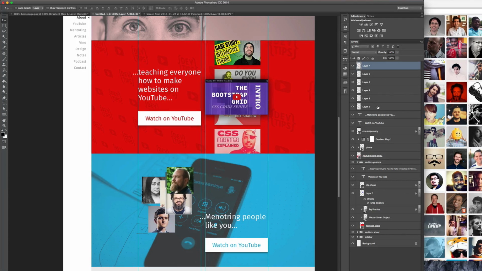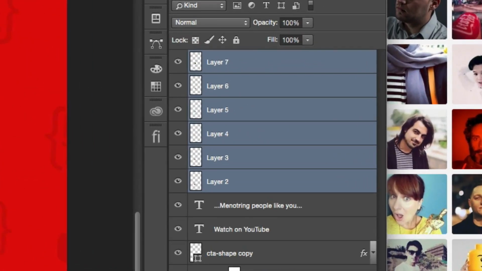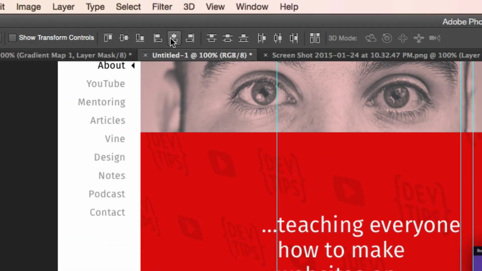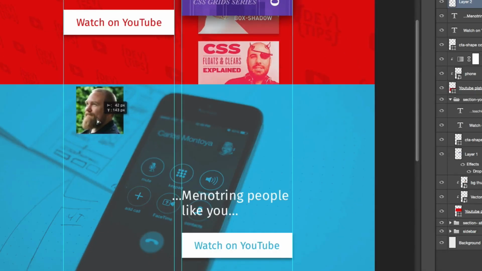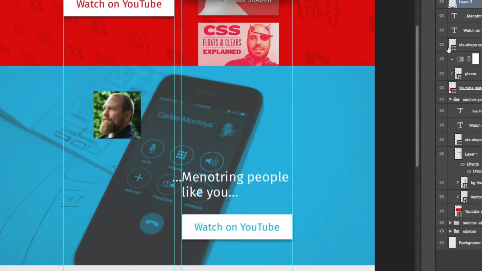Okay, so we have what, 6, and I will make them all the same space by selecting them all and then aligning them all to each other. Now they're just one space, or one brick. Okay, what I'm going to do now is I'm going to hide them, and then I'll use the